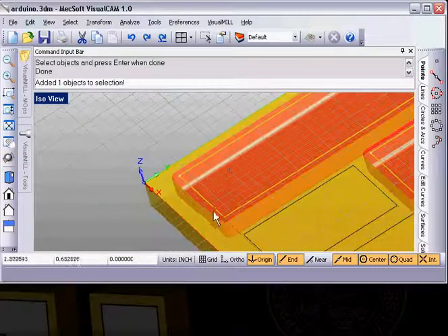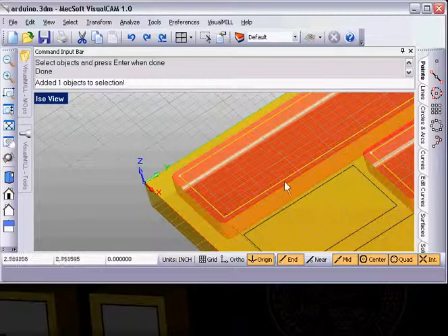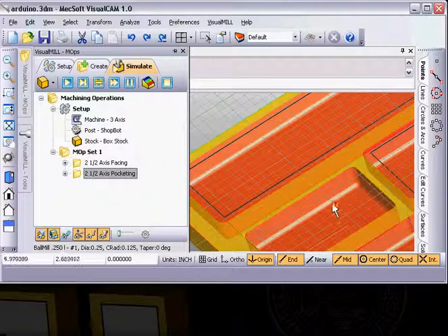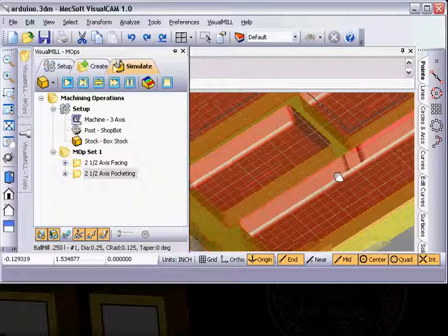Also notice these yellow lines, those are the original part lines. This is the facing function, so it went out beyond the line so that the inside of the line was perfectly flat. If I go in and go to the pocketing, now I can see that set of tools,